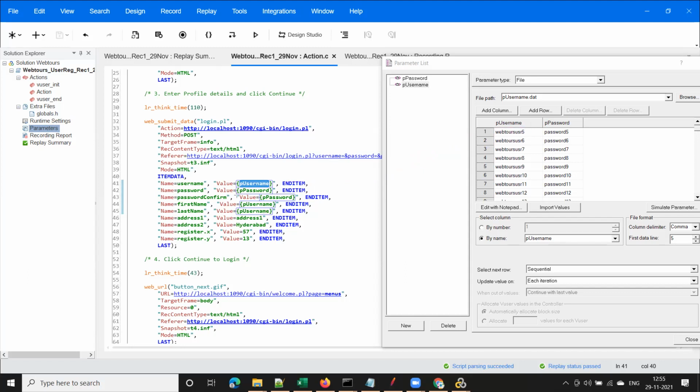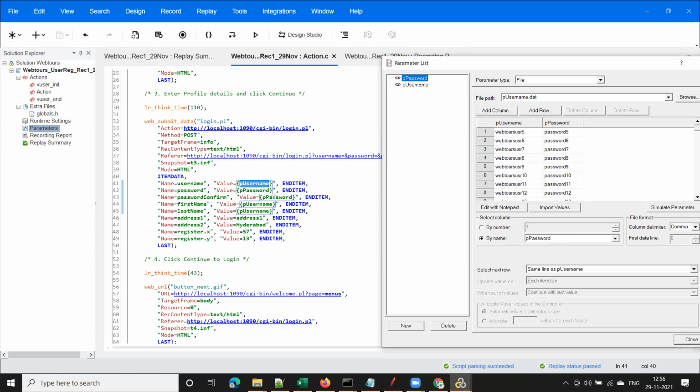And the next line is P password. Again, it will go to the file. Let me use this one. As soon as it comes to line number 42, it will go to this column, P password, and pick this value, because of the properties we gave for password. We selected same line as P username, right?